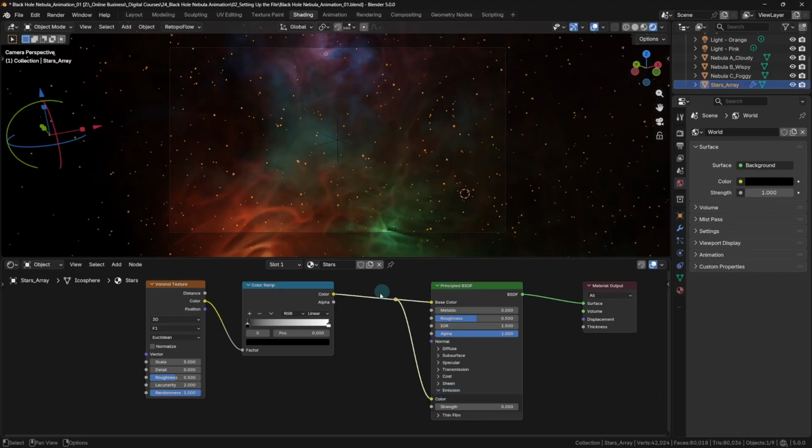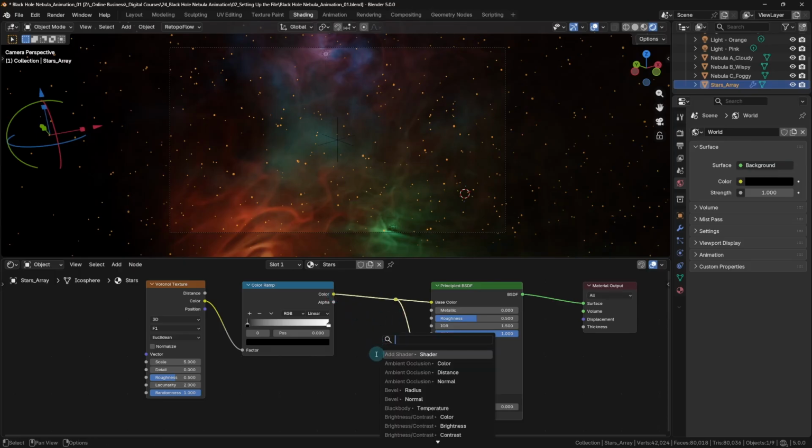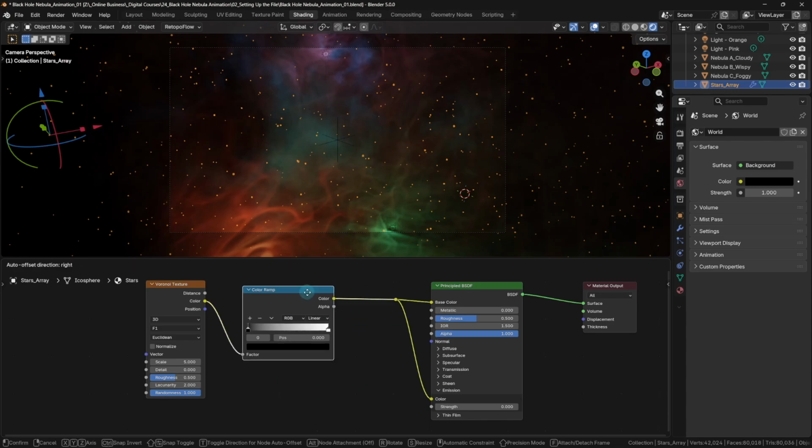What this reroute node has done for us is allowed us to clean up the view by having both of these nodes power both the base color as well as the color for the emission with just a simple line here, rather than having to drag a line from over here down here as well. This isn't necessary, it's just a way to clean up the view for your materials and make them look a